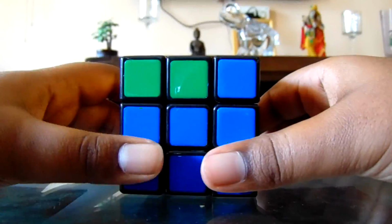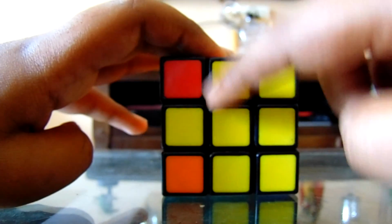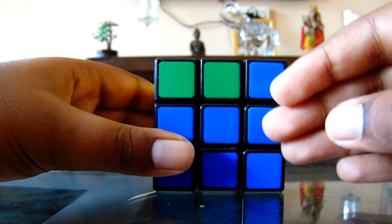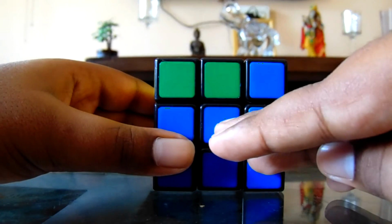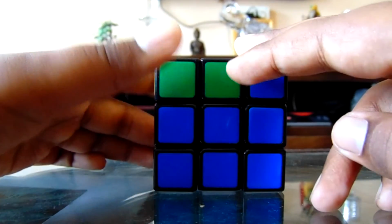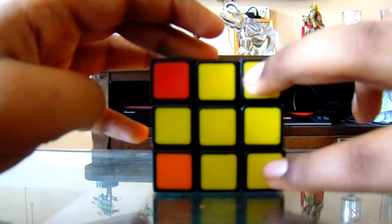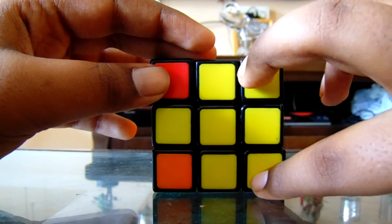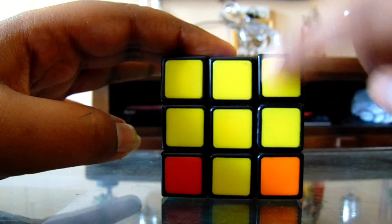Now the next step after getting the yellow cross is the whole yellow side. So there are quite some cases on how to get the yellow side, so I'm gonna do all the cases for you guys. So the first case is when there is a cross and there are two extra yellow pieces on here, two extra yellow corner pieces. So what you need to do is, in this formation, you need to go to the right side of this formation,